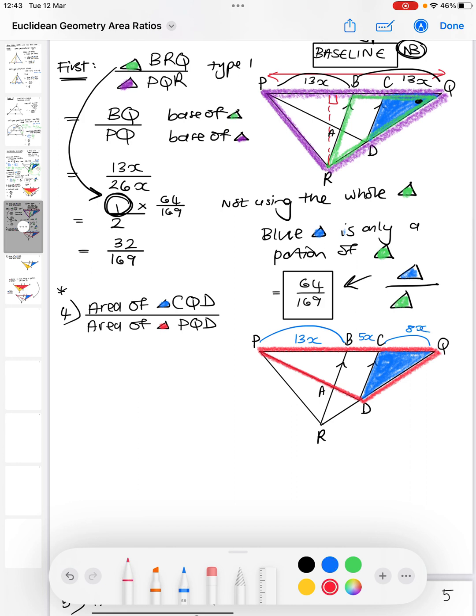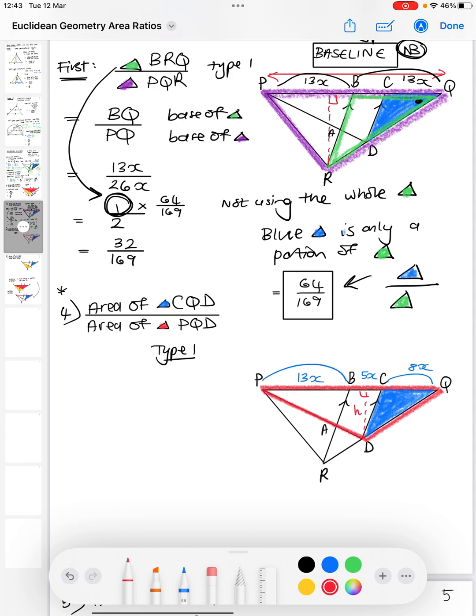So this is a type 2 example. No, type 1 example because they share a common height. Let me draw that for you. This is the common height that the two triangles share. They also share a common baseline. I'm going to move my sketch up a little bit just so that everyone can see what I mean. The common baseline that I like to call it. This is the common baseline, which means both of the bases can be found on this line, which is line